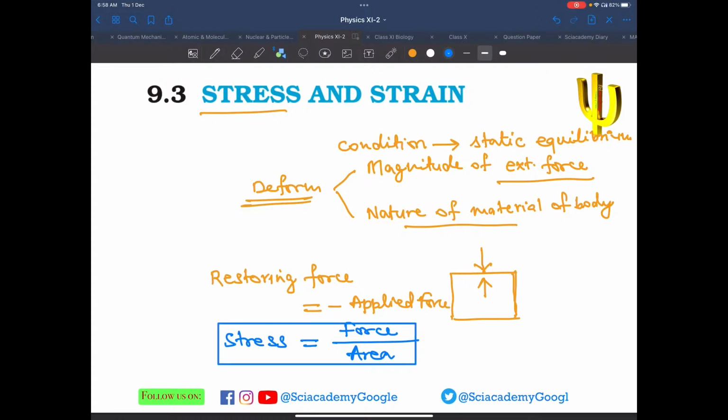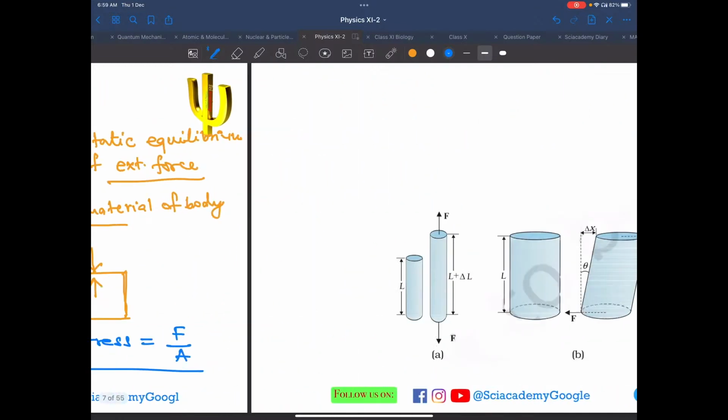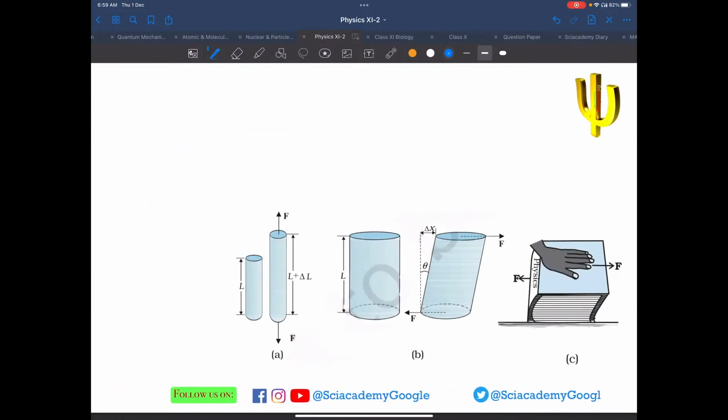and if F is the applied force and A is the area of cross section, then this stress can be given by the formula stress is equal to F by A. Now the SI unit of the stress can be given by Newton per meter square or Pascal,